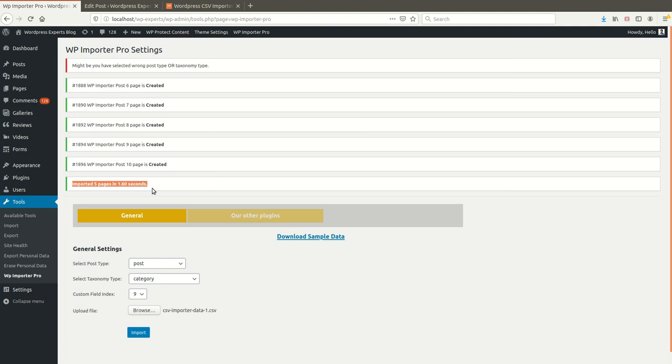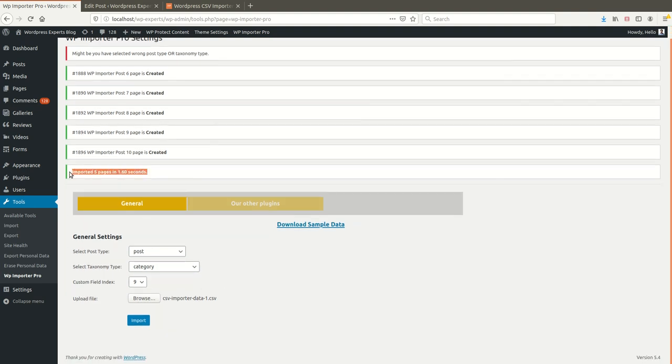When you update the same posts, it will take less than 1 second. The first time it takes more time because it downloads the featured image from another server, uploads it on your server and sets the featured image on the post. During updating we are not going to update any featured image, we just update the content of the post, so it takes very little time compared to the first time.